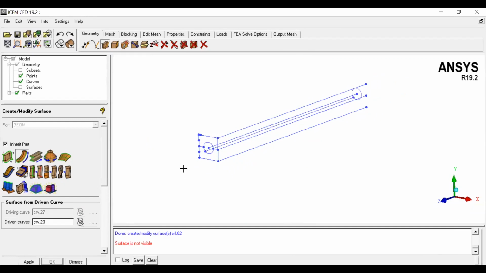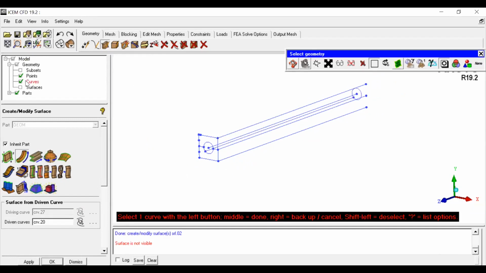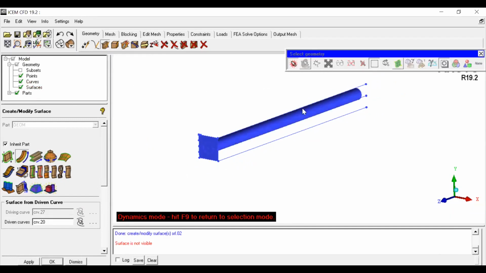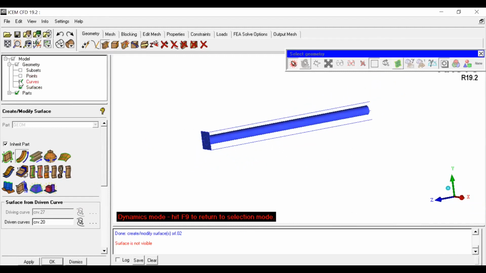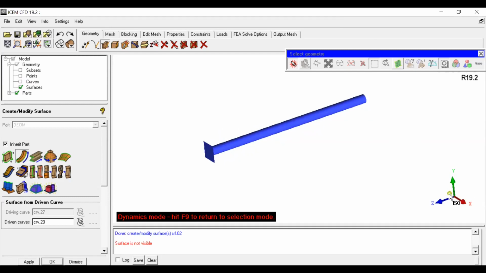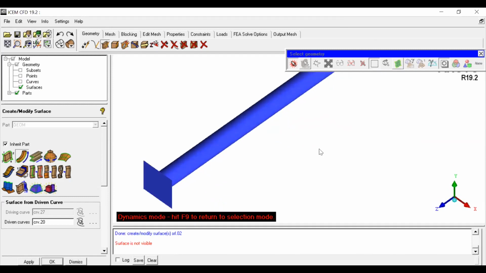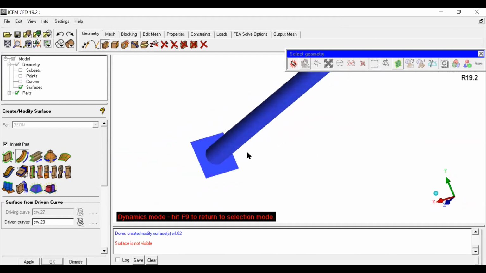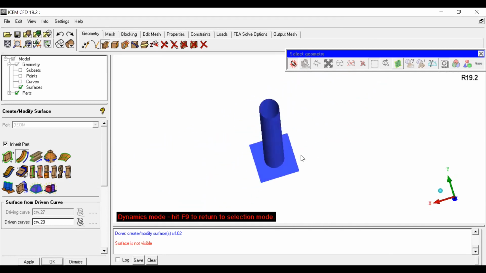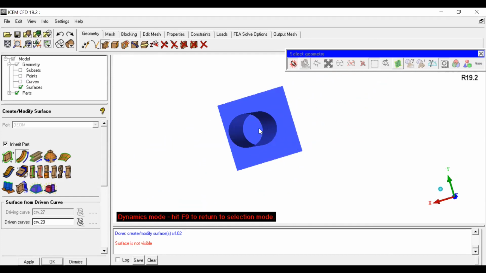Select the driven curve. Untick the curves and you can visualize only surfaces. So you can see a cylinder surface is created with open ends.